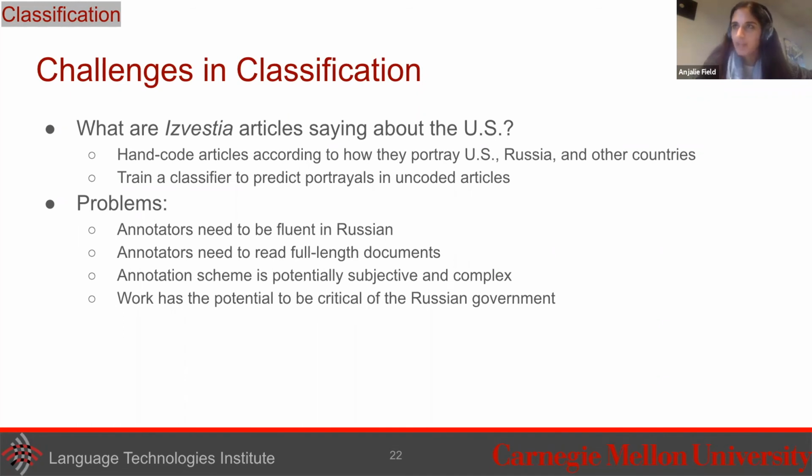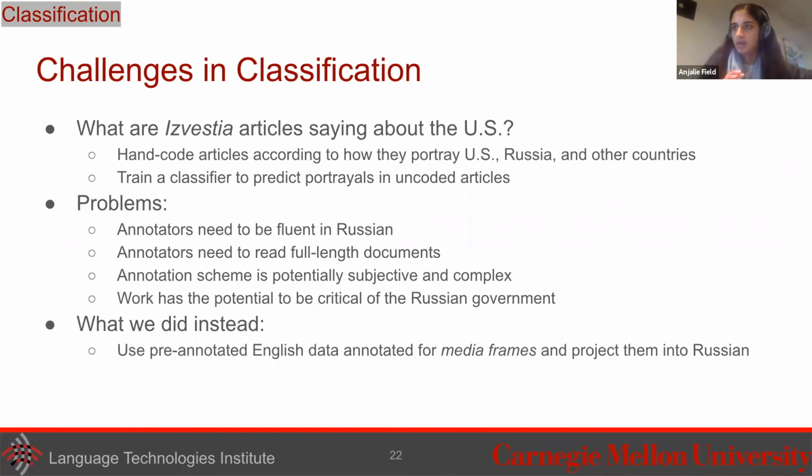And that's something that we need to think about as researchers: what is the actual task that we're asking someone to do, and are they going to be willing to do that or not? So what we did in this project is we basically used a distant supervision approach to take existing annotations in English and project them into Russian. I'm not going to talk about it here; I don't think it's relevant for what we're talking about right now. The point I wanted to make with this slide is why a supervised classification pipeline is often really difficult in more socially oriented settings.